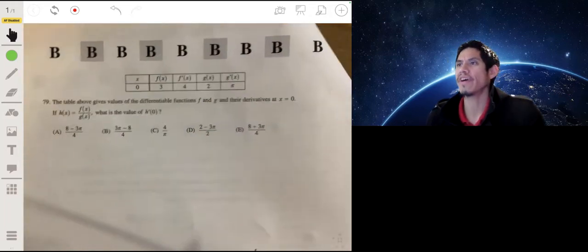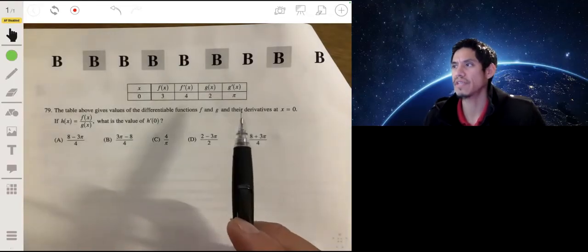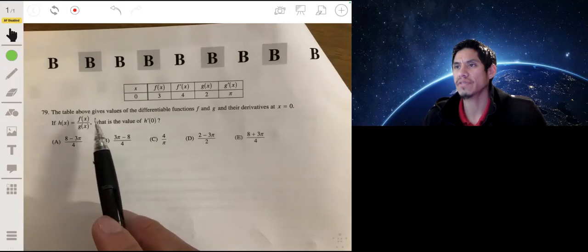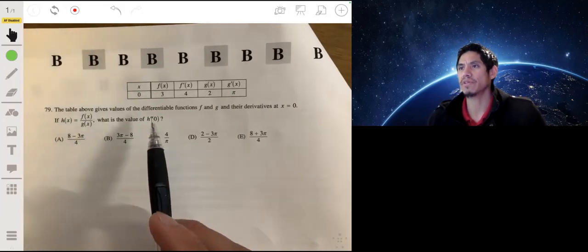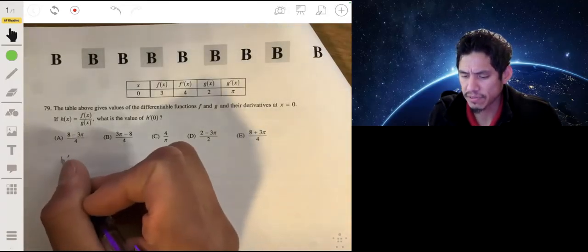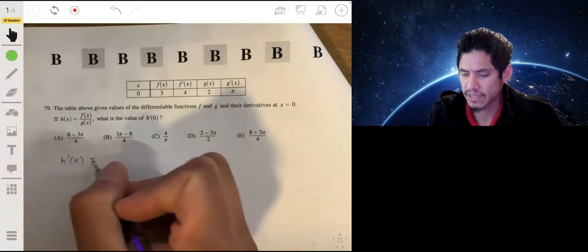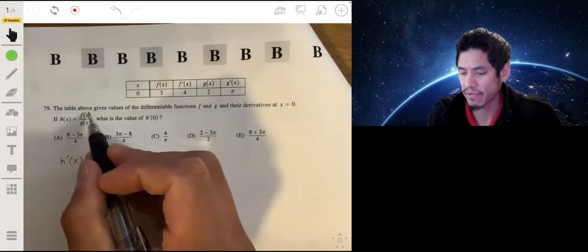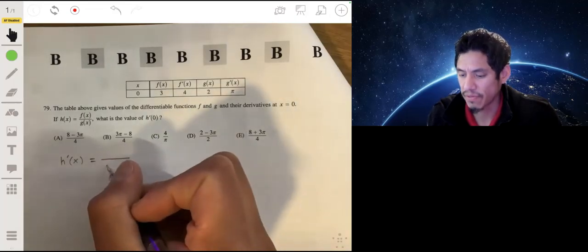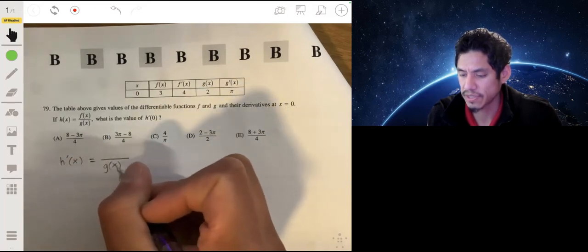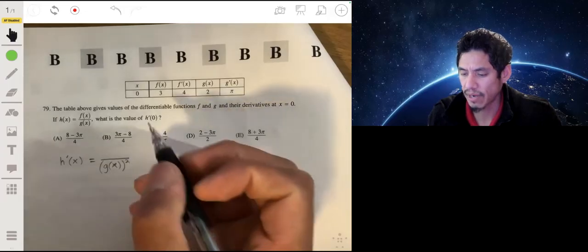All right, the table gives values of the differentiable functions f and g and their derivatives at x equals 0. If h of x is equal to f of x over g of x, what's the value of h prime of 0? So let's first just find what h prime of x is equal to. And this is essentially just going to involve the quotient rule, which tells you that when you have a quotient of two functions, the derivative of the quotient, in this case the derivative of h of x, will be the bottom function squared,